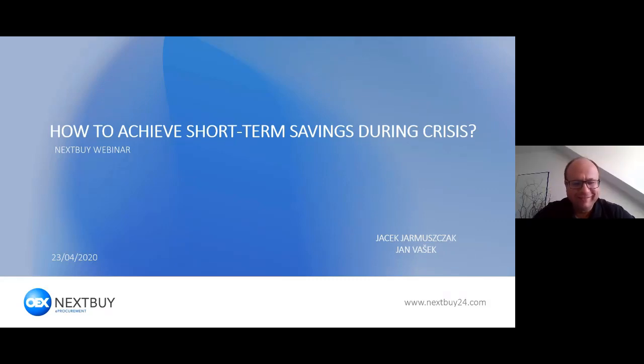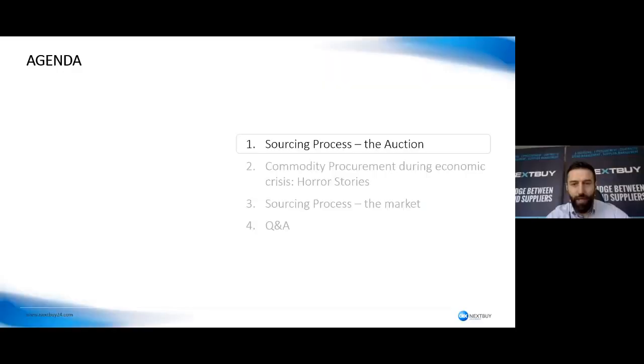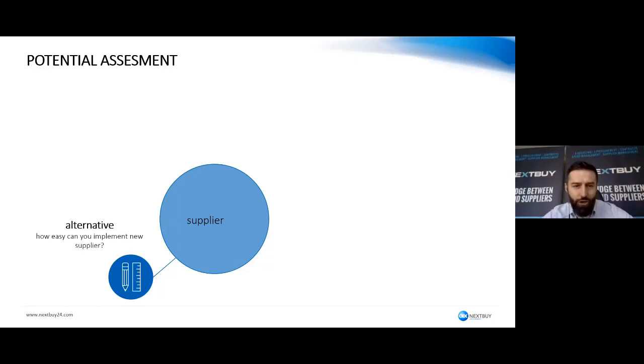Okay, so I'll start with the first story then, without further ado. This is the story where we wanted to use e-auction. Just a very brief introduction: an e-auction is a specific type of negotiation where you have to prepare everything beforehand. All the preparation part is super important because when you launch the e-auction, no changes can be made.